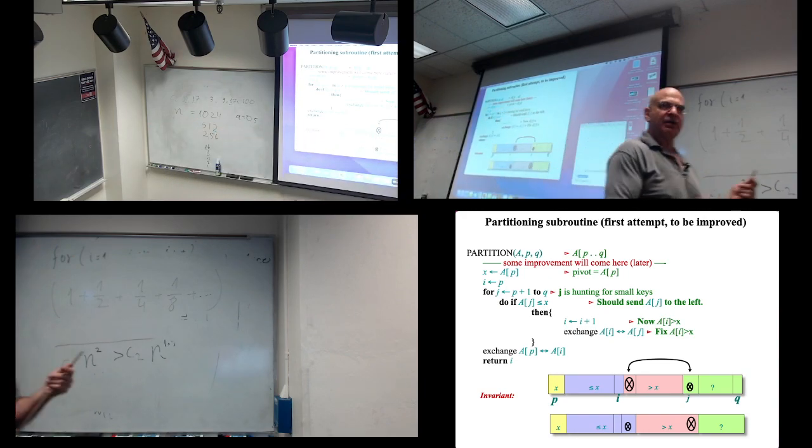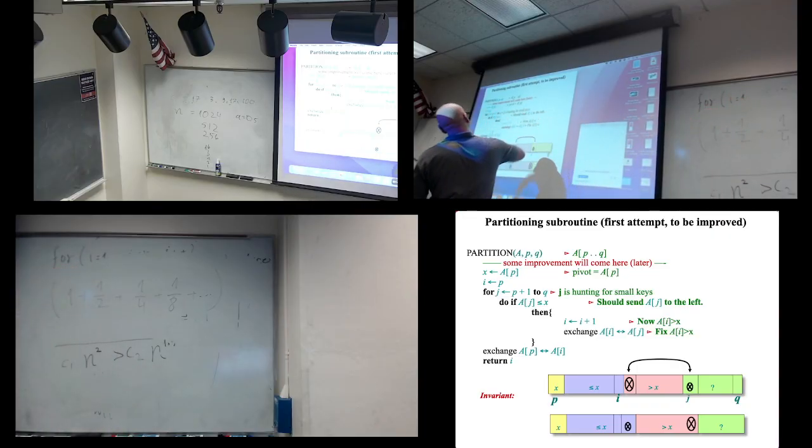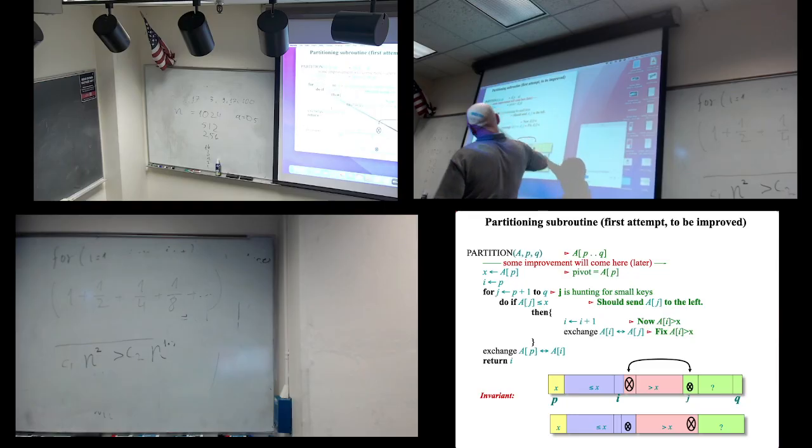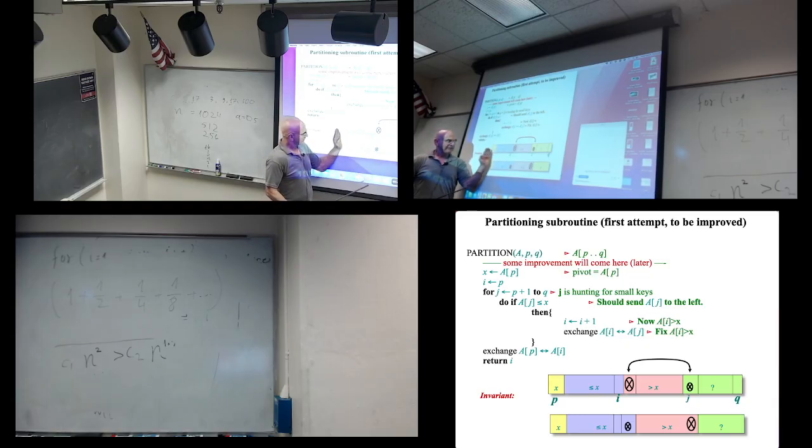So P and Q are indices inside the array. I'll pick the pivot as A[P]. I'll pick the pivot right now as the first element. And now what do I do? I'll keep the following invariant. After the pivot, I'll have